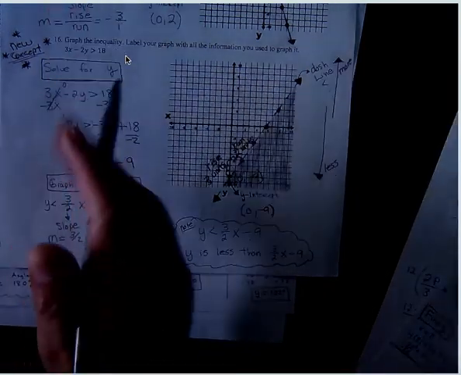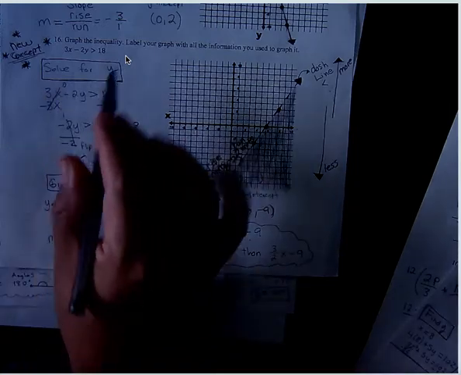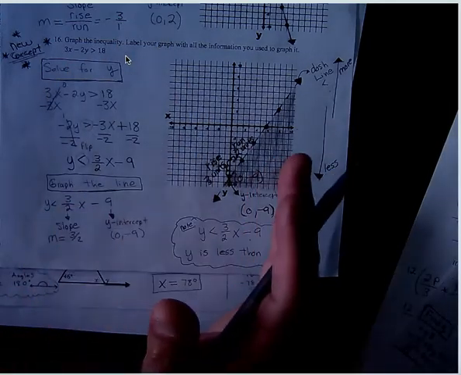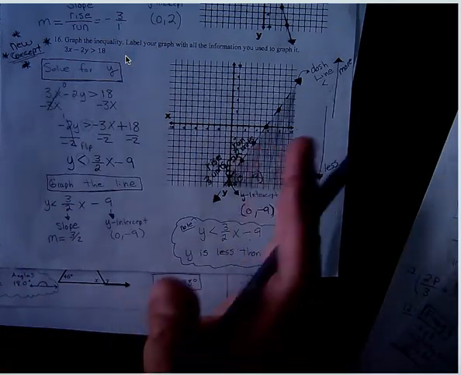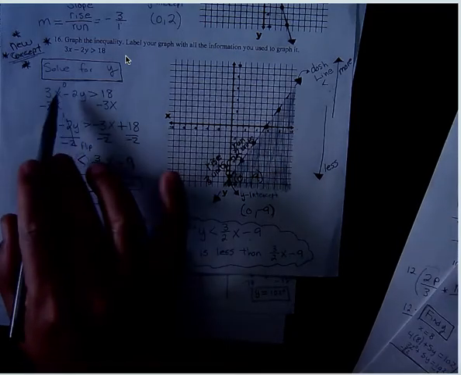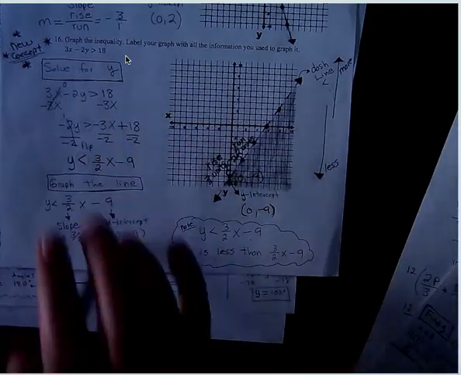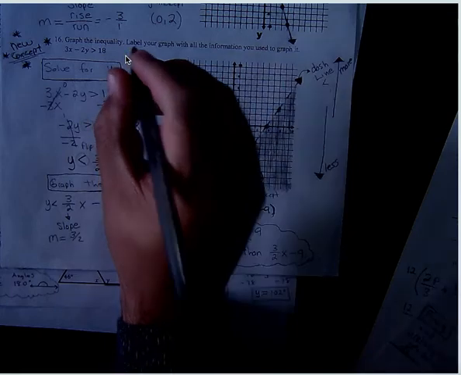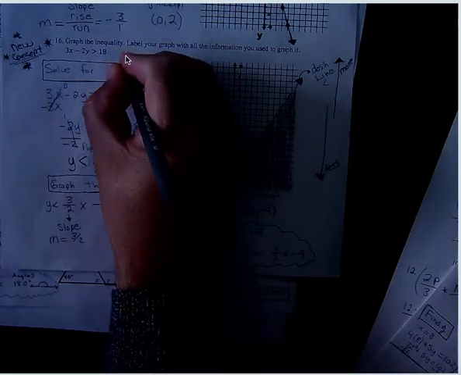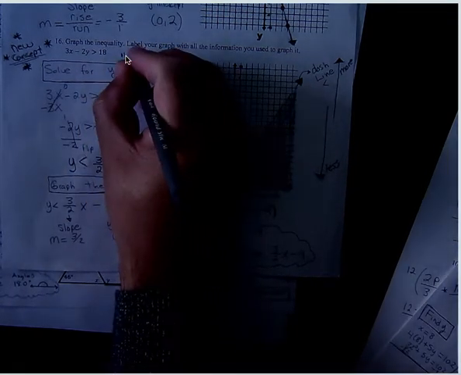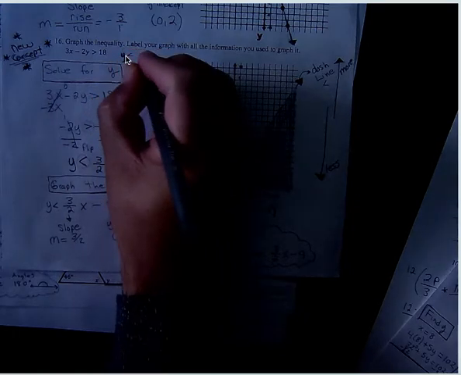What I'm trying to say, you need to solve for y, the same way you would solve for slope-intercept form. When you convert it into slope-intercept, you solve for y. So I need to bring the x over here. I should have written it maybe here. So usually these inequalities look like